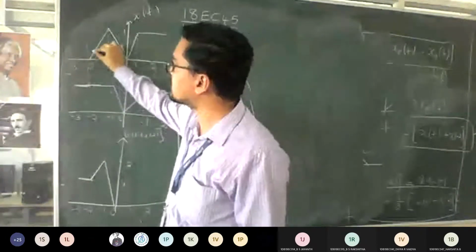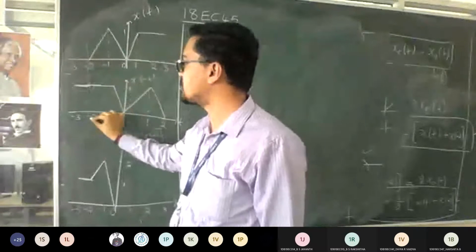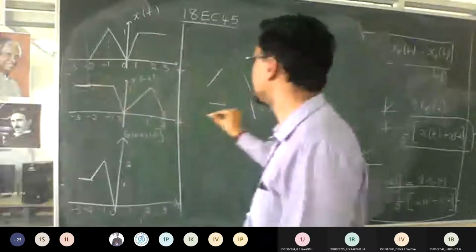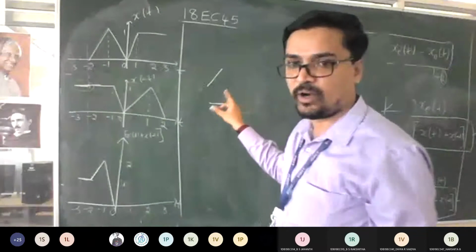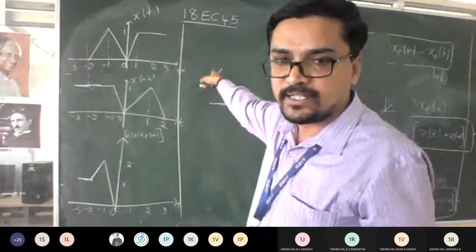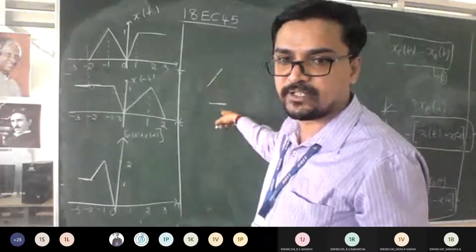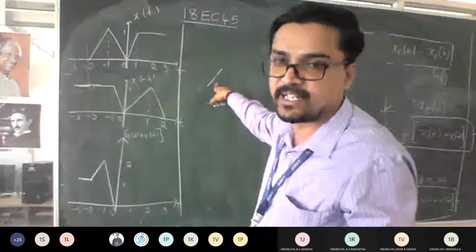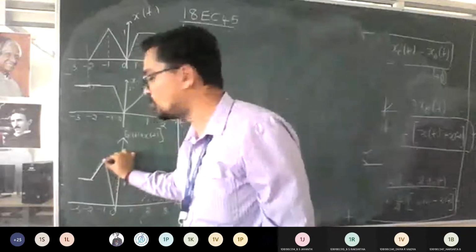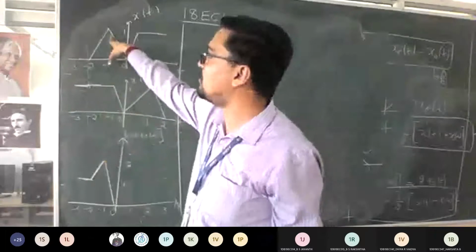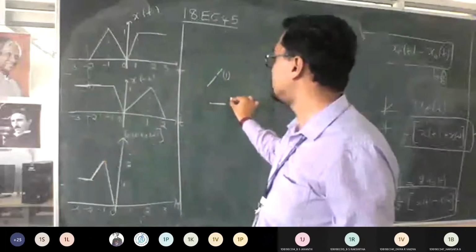So -2 to -1, one signal is increasing and one is constant. Look at here what I told. Whenever you are adding an increasing signal with a constant, you have to give priority to the increasing signal. I told, right? So for that purpose, I have increased this to 2. Why 2? Because the amplitude for this is 1 and the amplitude for this is 1.